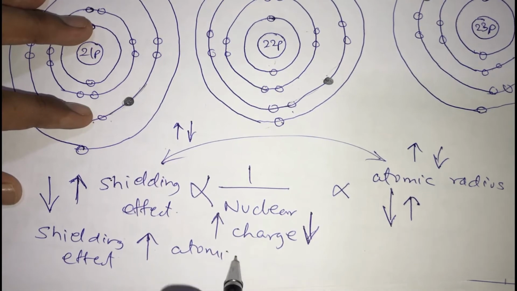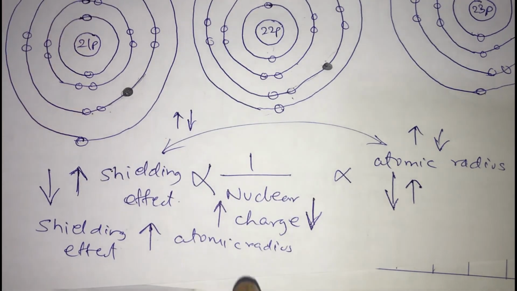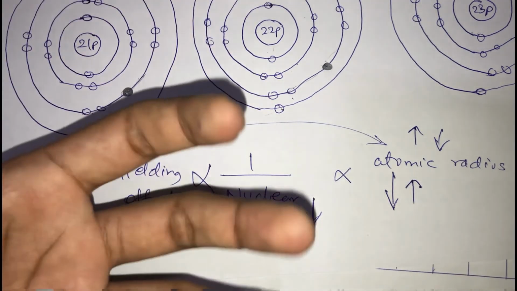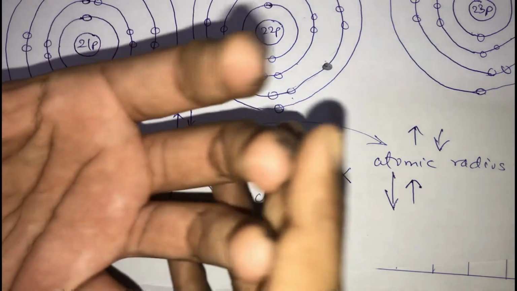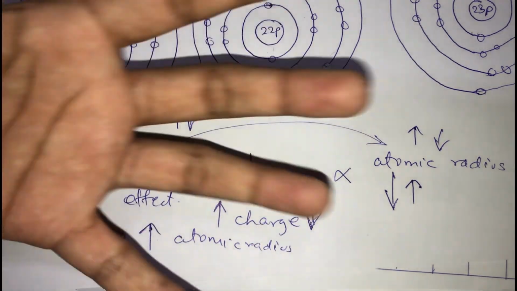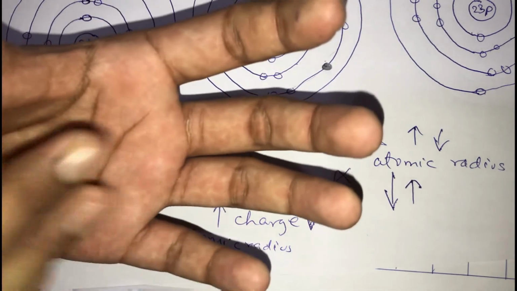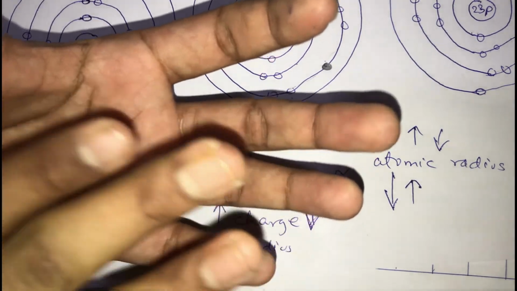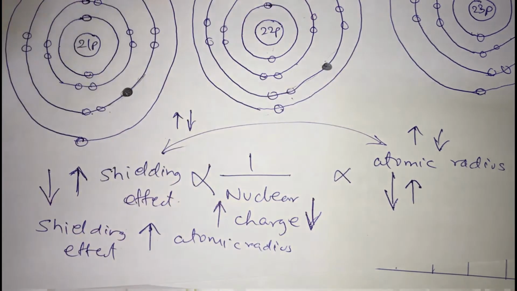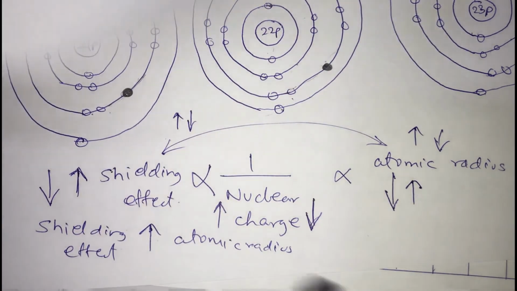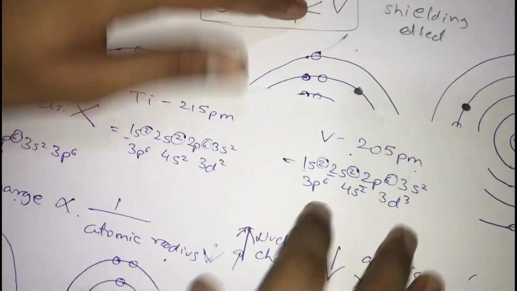That is, it is not allowing the atomic radius to shrink, which means that it wants the atomic radius to be greater. If it is not allowing the electrons to come closer, which means that it is virtually trying to maintain the size by pushing them. So when it is pushing, can I say that it is increasing? So here, if you observe one thing carefully, that nuclear charge is trying to decrease the atomic radius, and that is true, the atomic radius is decreasing.